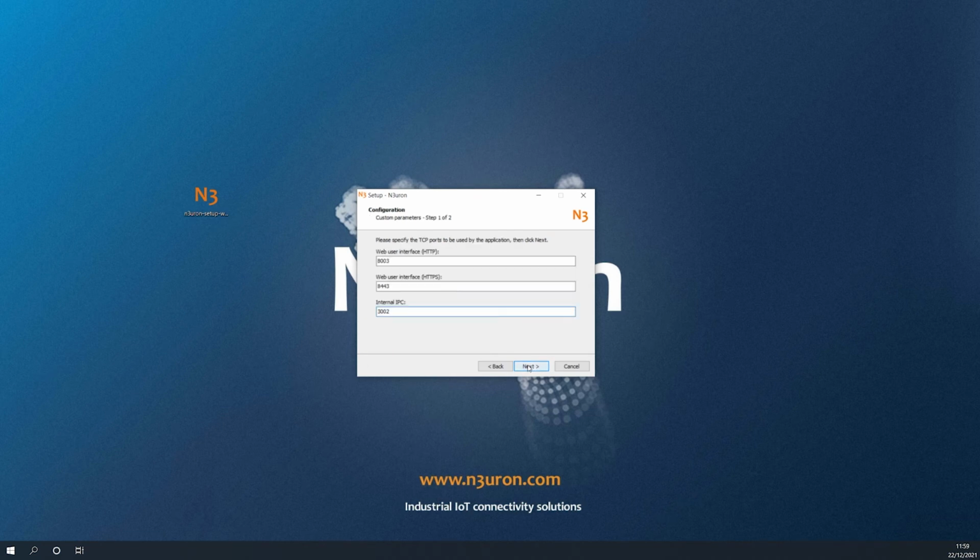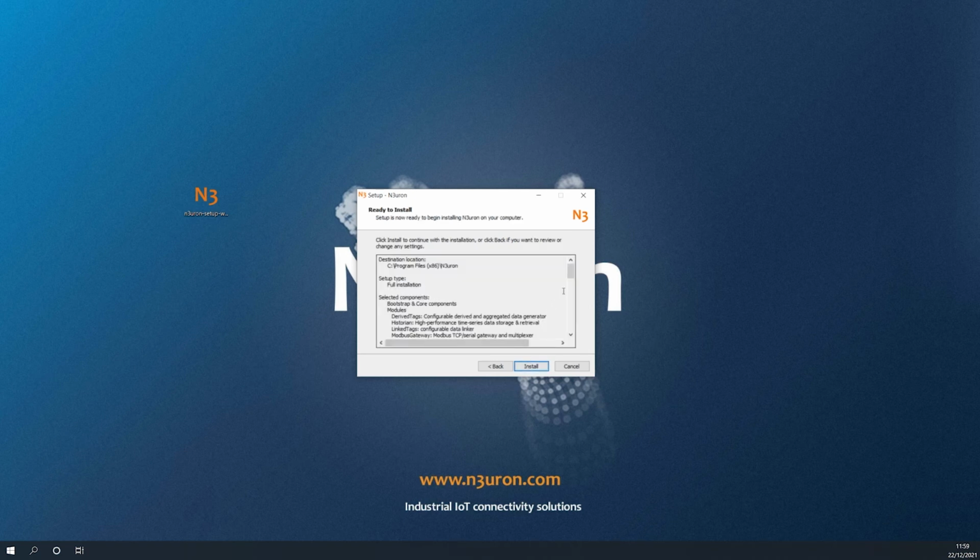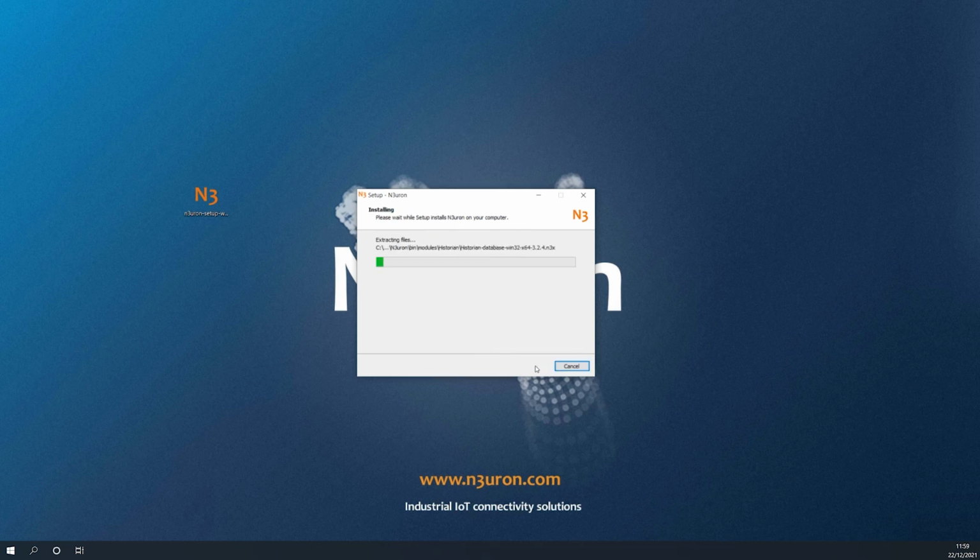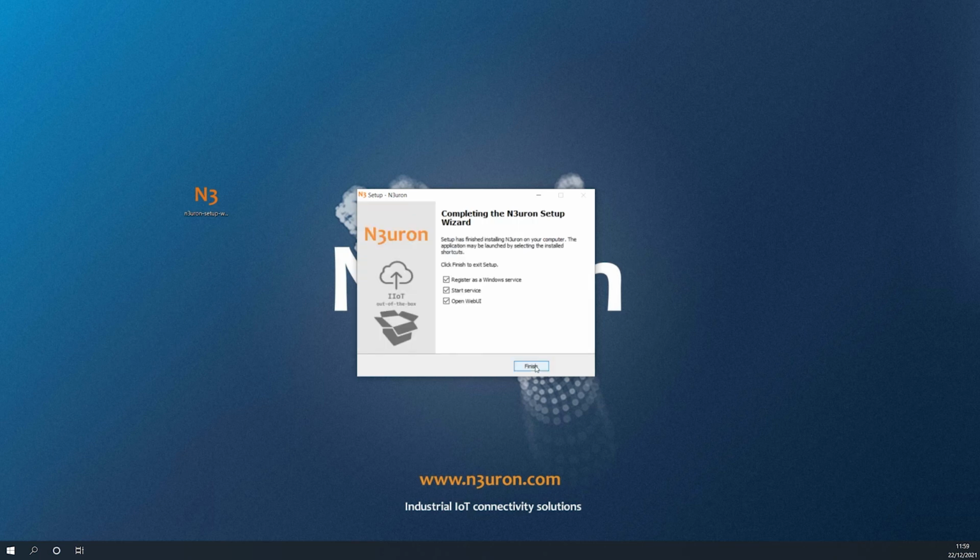Here, we click on the Next button, leaving all default ports. Next, the Neuron Setup Wizard will ask us to choose the node name we want to use. Once complete, we click Next to continue. At this point, we are asked to review the choices made until now. If OK, we can click on the Install button to proceed. Next, the Setup Wizard will begin copying the necessary files, and getting everything ready for the installation process. Once the upgrade is complete, click on the Finish button to complete the installation process, leaving the default options checked.